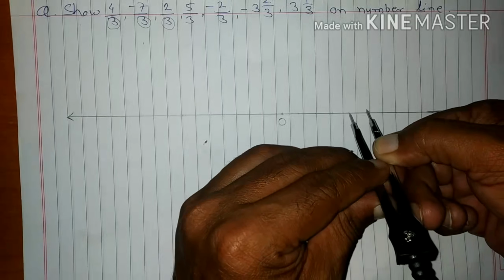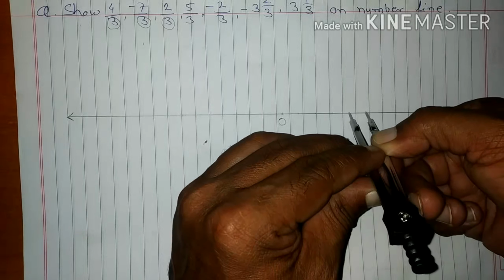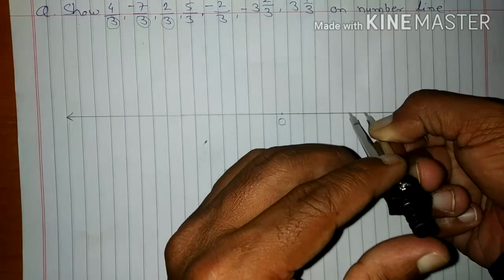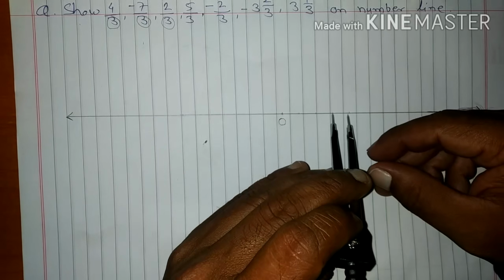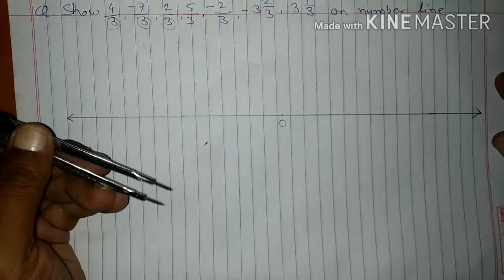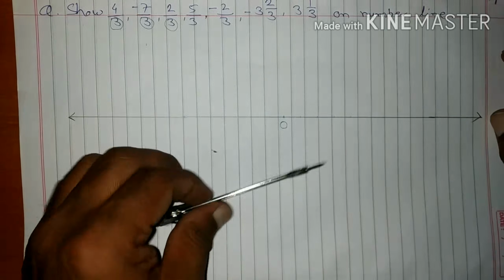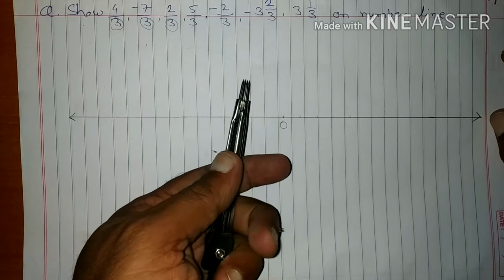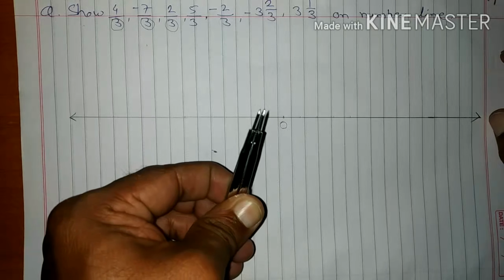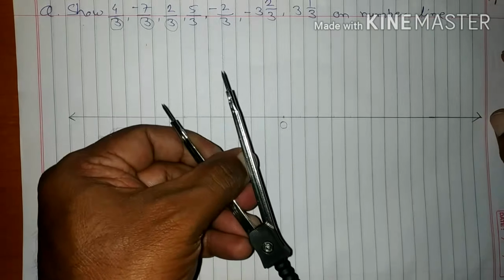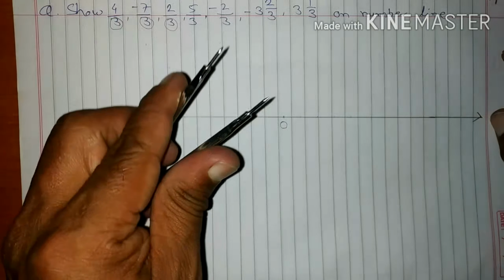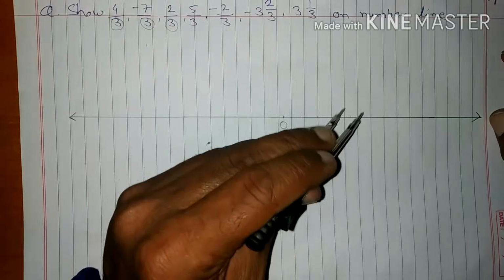So this is the way we just have to mark various points on the positive and negative side. And while marking such points, it may happen that the distance in the divider may change. Then what to do? See, in this case, now I have changed the distance. Now what we have to do? Once again, take the proper distance between 2 points.